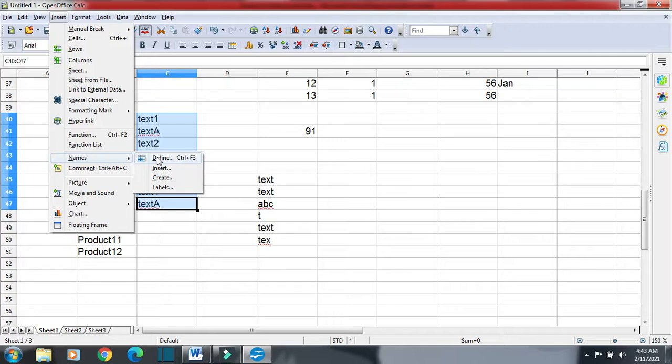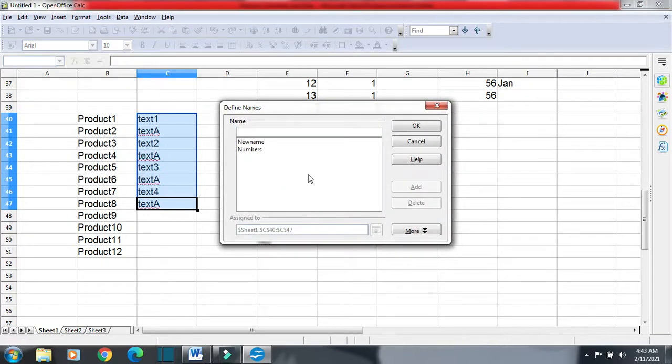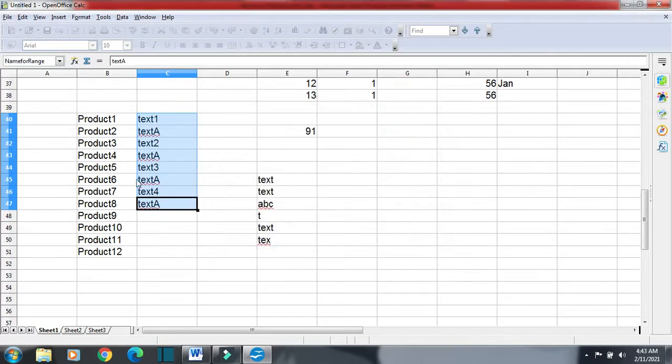Click on define. It will ask me to define a name. Suppose "name for range", and then click on OK. It will create a name for this range. So we have defined the name for this range.